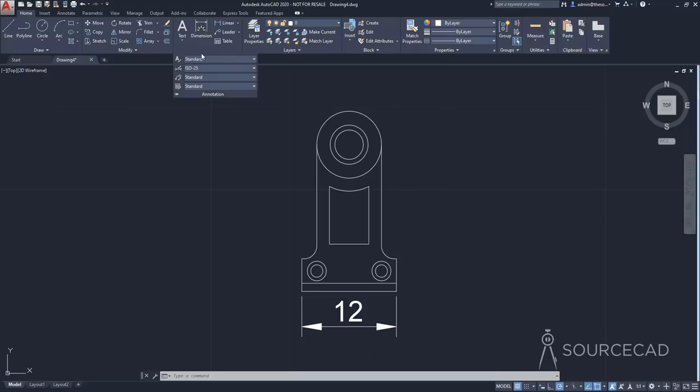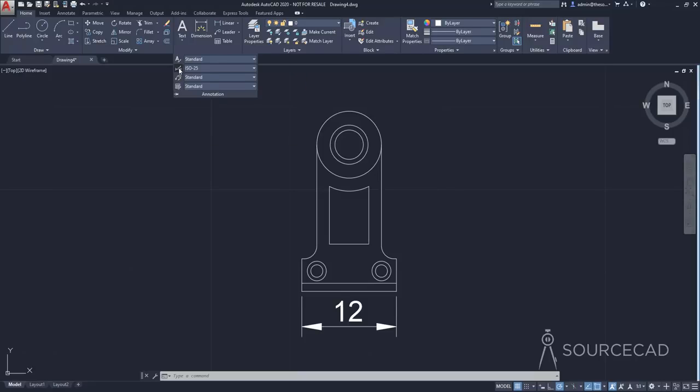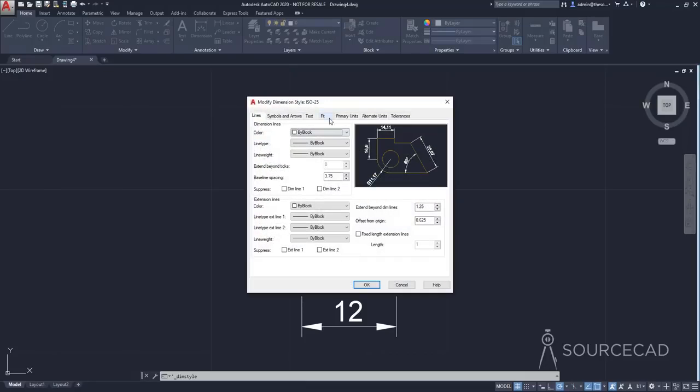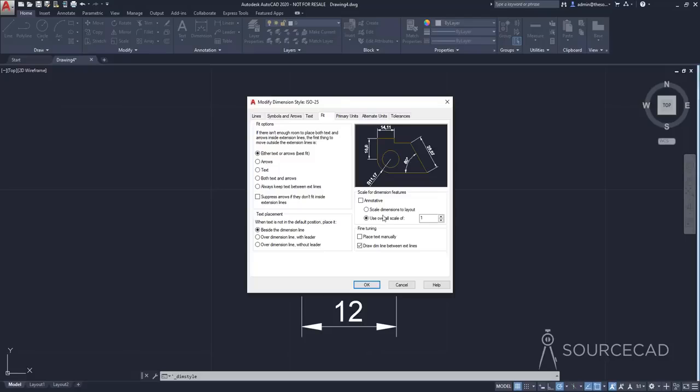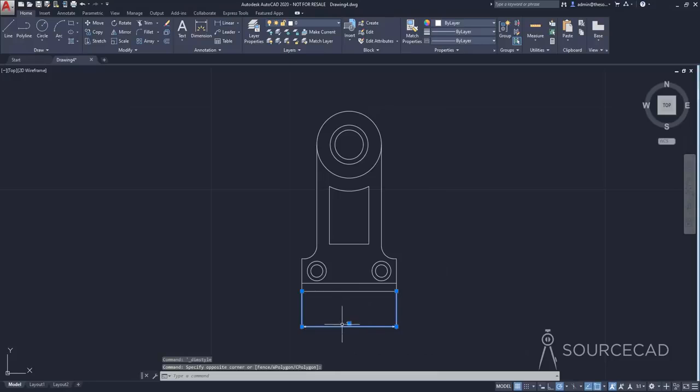So I'll expand the annotation panel and I'll click on this dimension style option, which looks like a dimension line with a paintbrush above it. Now I'll go to modify, and here I'll go to fit tab, and I'll change the overall scale. That's the only parameter which I'm going to change here in this case, and it's 1. So we need to decrease the size. So maybe I'll change the size to 0.25 or maybe 0.2, and OK, and close. And now the size of dimension is 0.2 times of its original value, and this looks